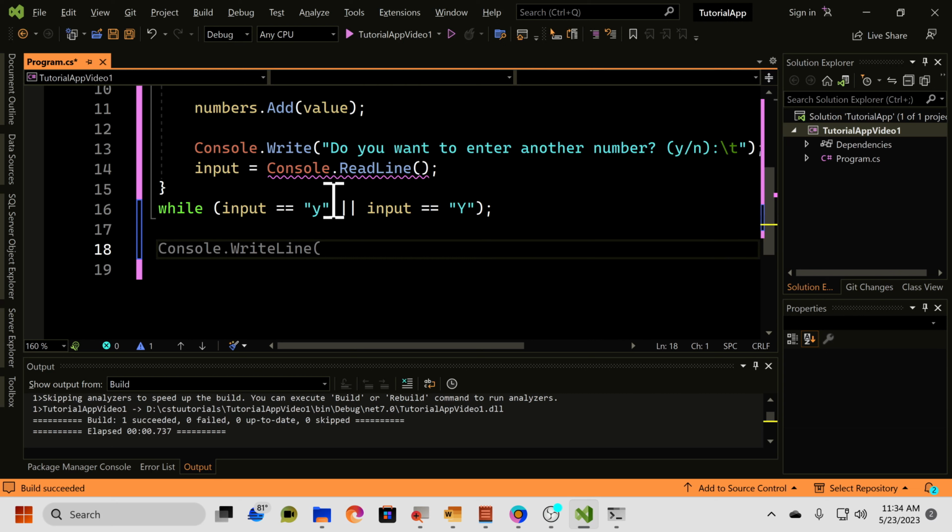To loop through the list, for each is probably a better way of doing it, but I'm going to show you how to use the normal for loop with the index counter to show you that how you reference items in a list works exactly the same way that you would referring to items in a normal array. So we're going to do for int i equals 0,